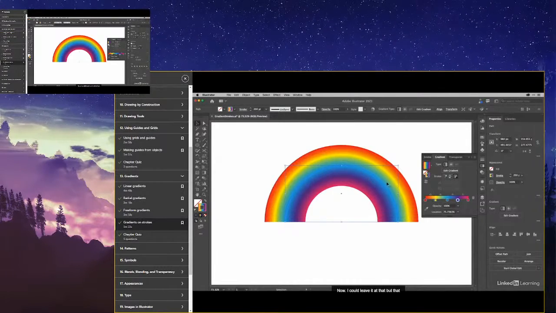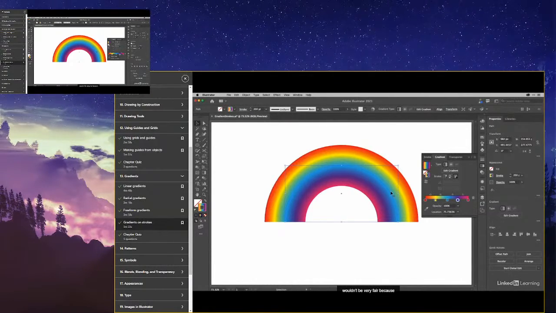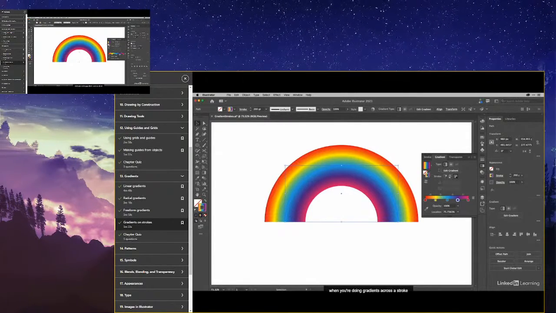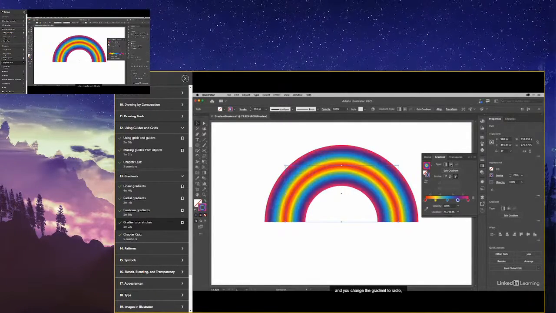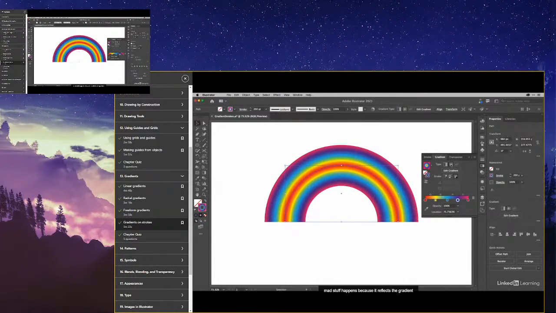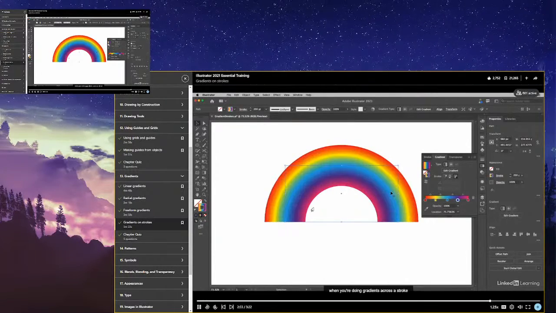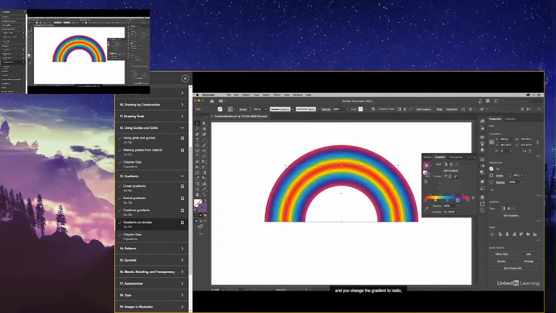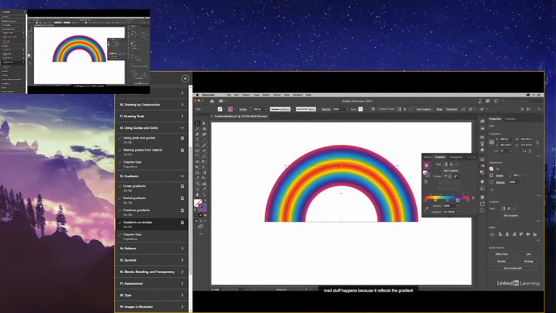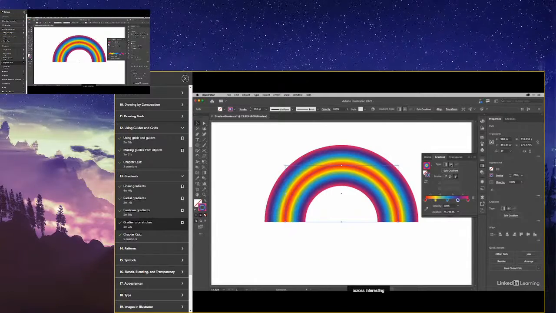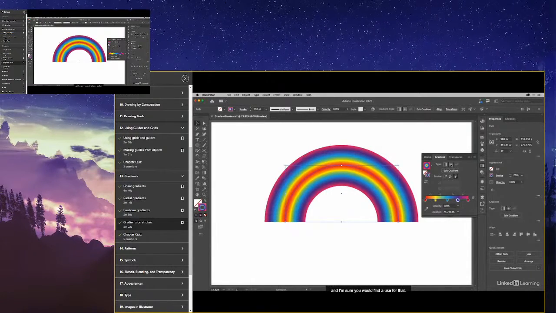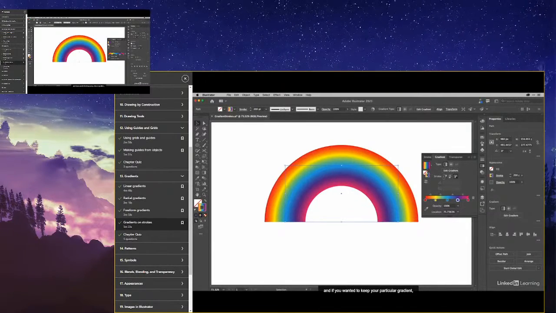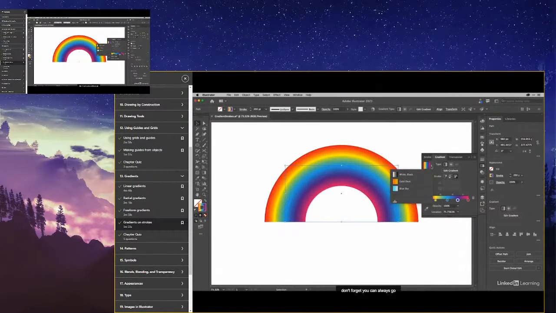Now, I could leave it at that, but that wouldn't be very fair, because when you're doing gradients across a stroke and you change the gradient to radial, mad stuff happens because it reflects the gradient across. Interesting, and I'm sure you would find a use for that. I'm just going to set this back to linear. Now, if you wanted to keep your particular gradient, don't forget you can always go